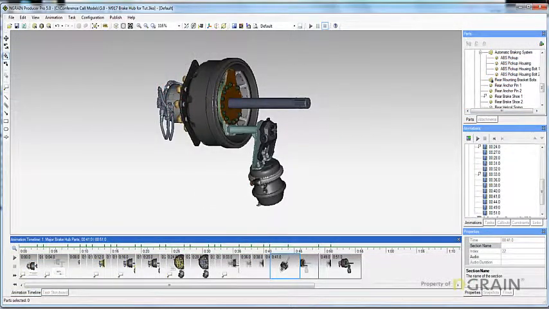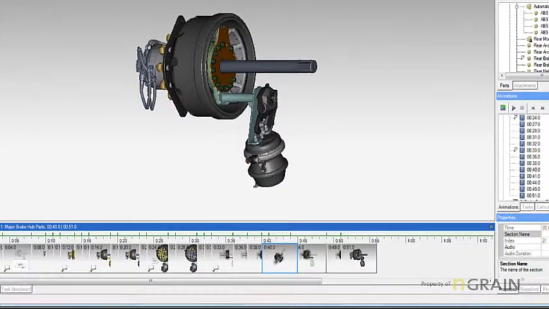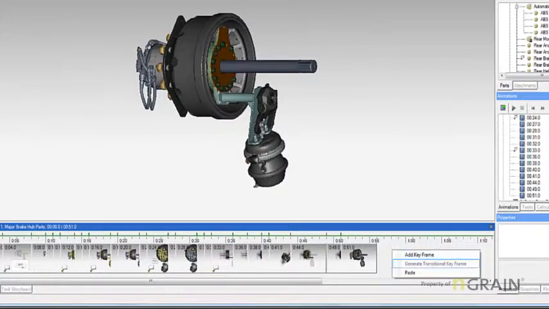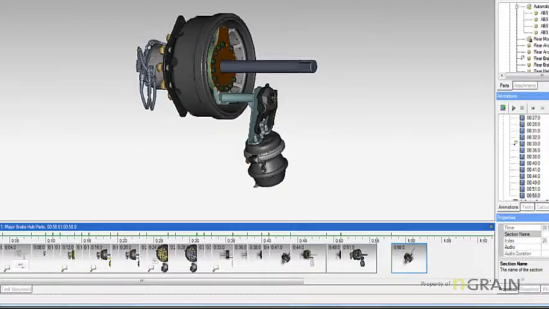Next, I would like to demonstrate how to copy a keyframe. You can copy one or more keyframes to a different position in the animation or to another animation. Simply select the keyframe, right-click, copy, move down the timeline, right-click, paste. If you have a series of keyframes, select the keyframe, hold down the Shift key, right-click, copy,